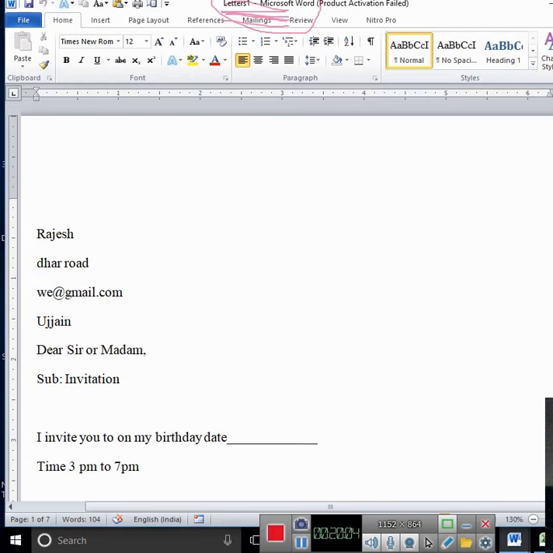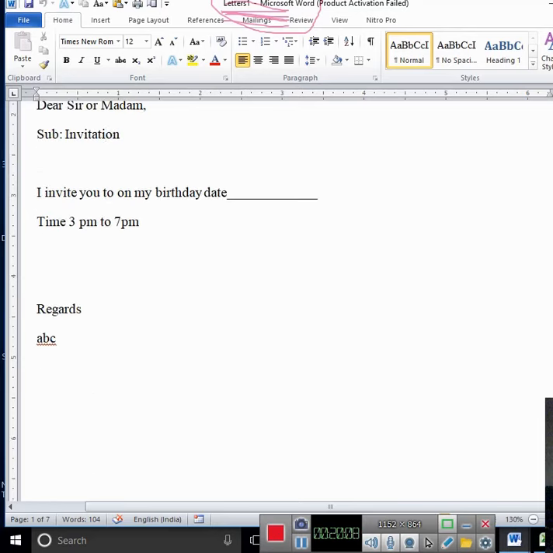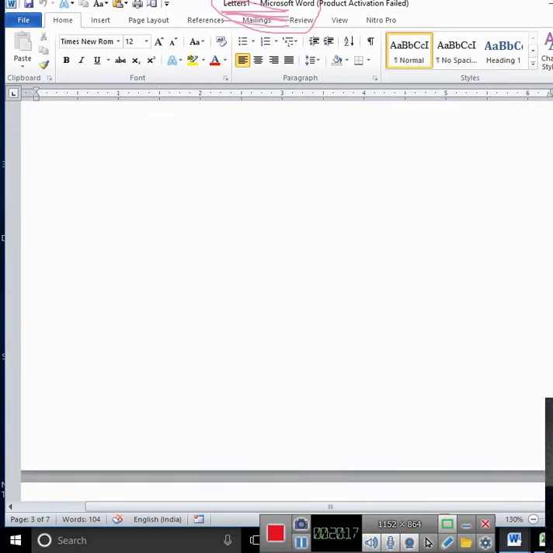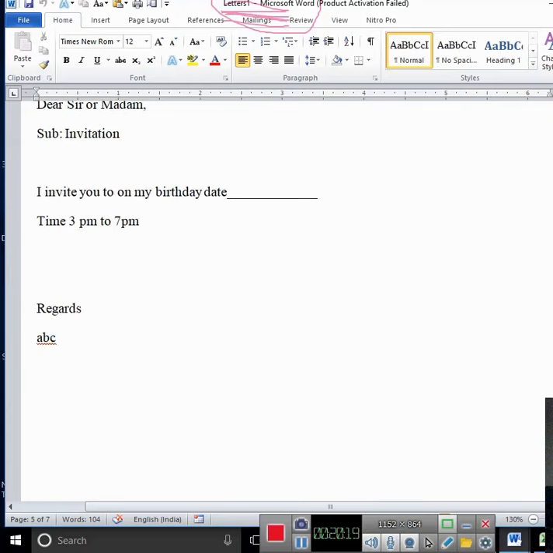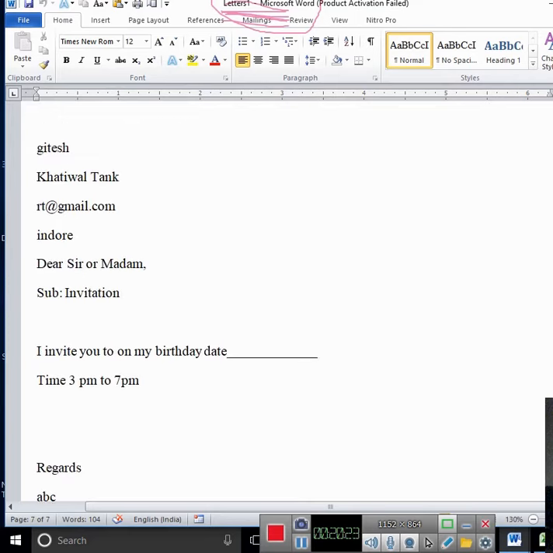I invite you to on birthday party, date so and so, time this. Regards. First page. Second page, Nitesh. Even I have not written all the values. Third page. Fourth page. So 4 records are there, 4 time value will display. This is called mail merge.